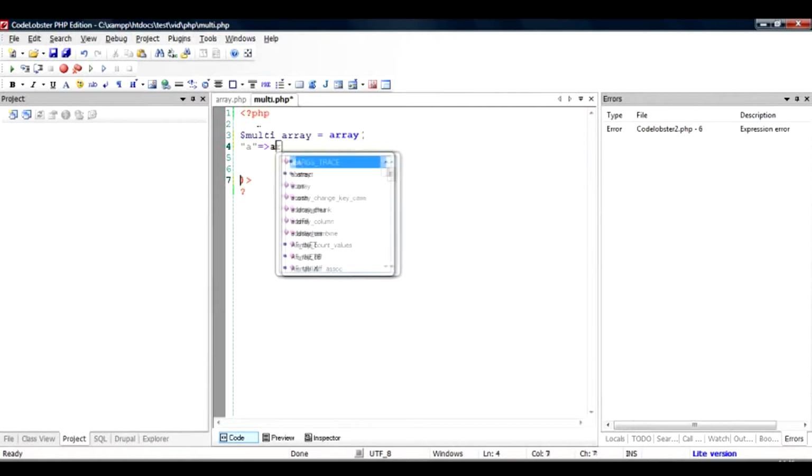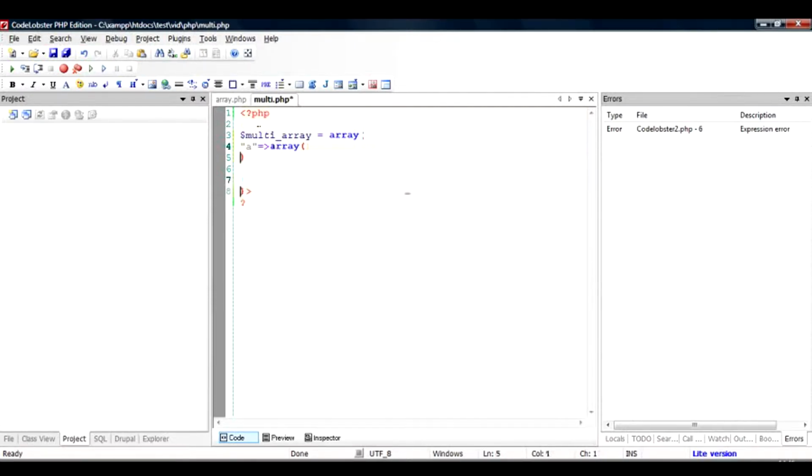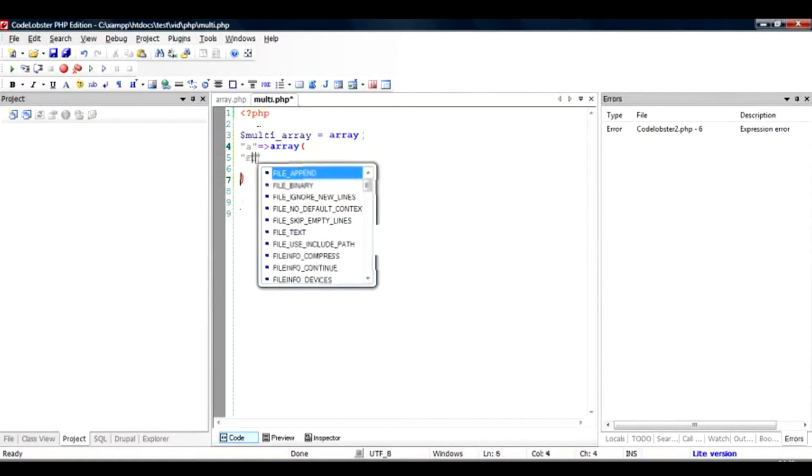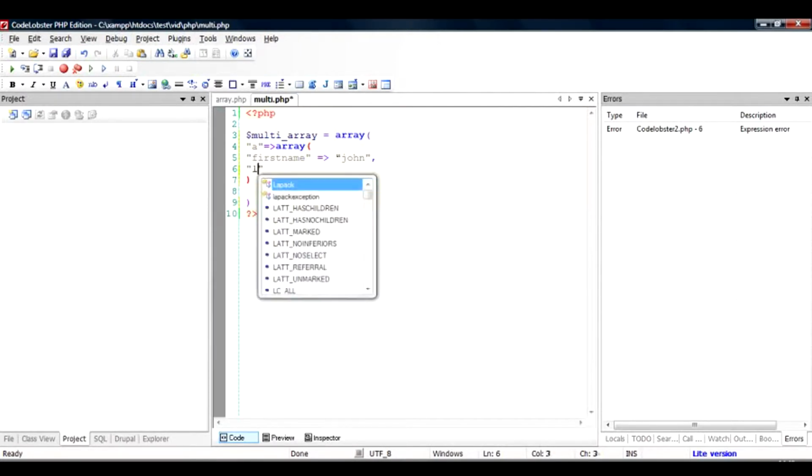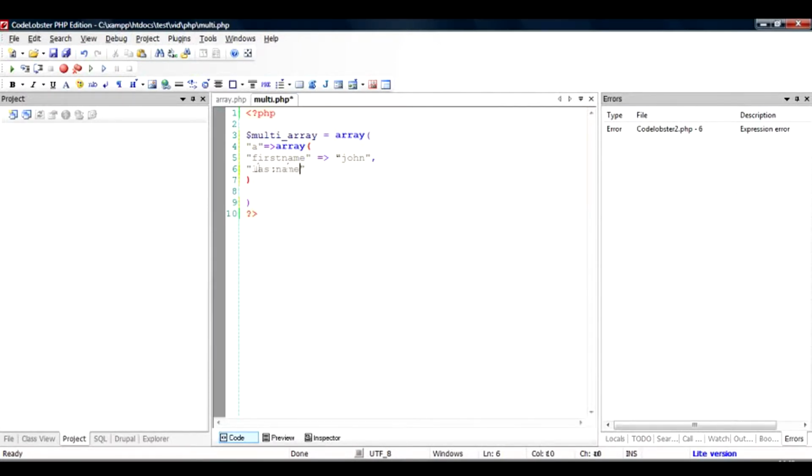And now we can introduce another array where we can give first name as John, and you can give last name as Reed.